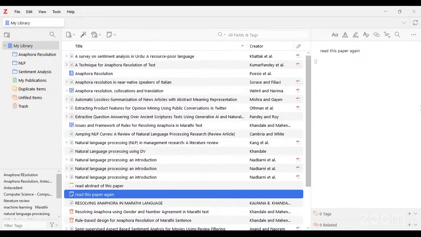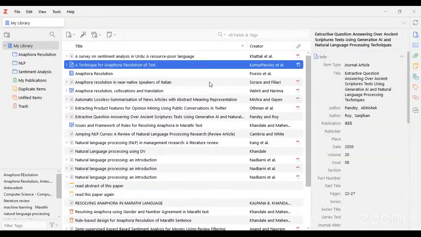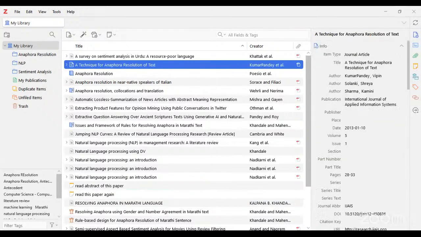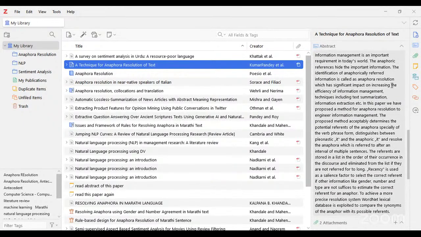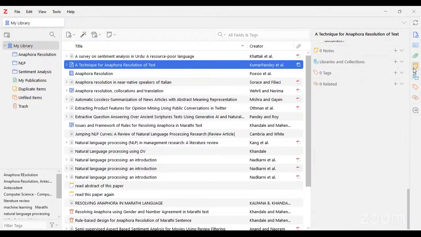Okay, after that, here are some things in info. As I already said, in the information section you have filled all the information about that particular paper. After that, if you click on the abstract, you see the abstract here. After that, from here also you can create your own notes.